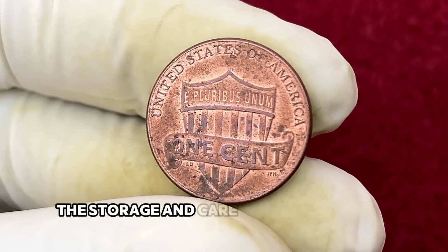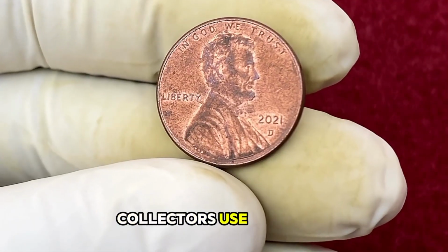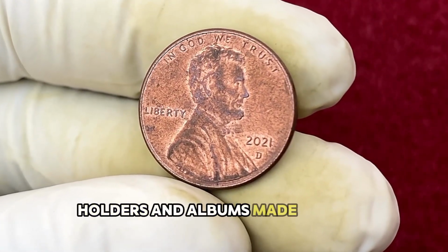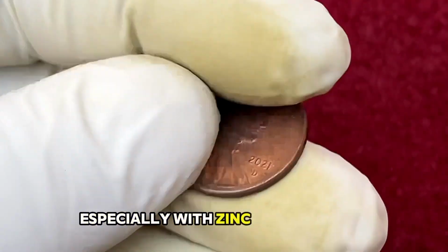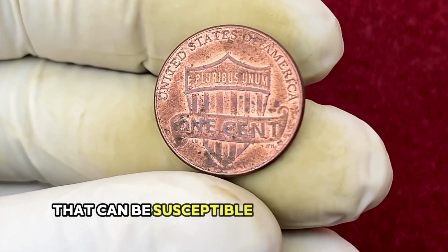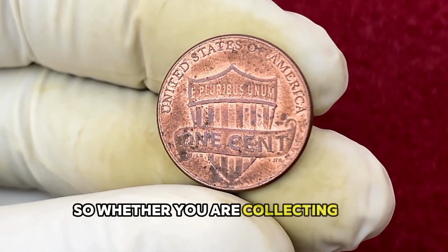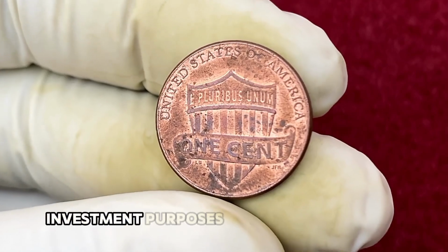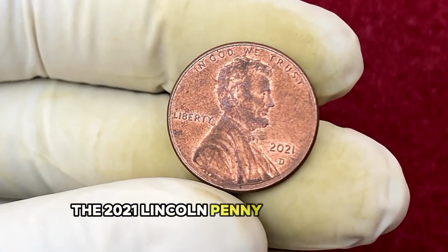Beyond grading, the storage and care of your coins are also crucial for preservation. Collectors use coin flips, holders, and albums made of inert materials to prevent corrosion, especially with zinc-based pennies that can be susceptible to damage from moisture or acidic environments. So whether you are collecting for historical interest, investment purposes, or simple enjoyment, the 2021 Lincoln penny offers a rich